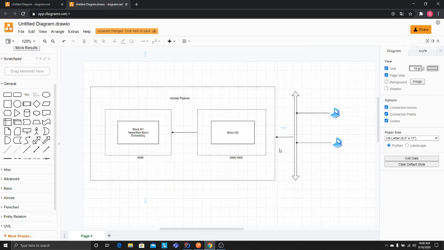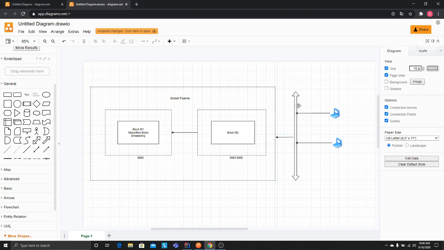So ideally, what a Docker pipeline is, is basically you have several Docker containers running, and with one Docker Compose, you spin up all the containers. So let's say this is a TensorFlow block, which is a very heavy computation word embedding module. Instead of putting that in the same Docker container, the same REST API, I broke it down into several internal microservices.